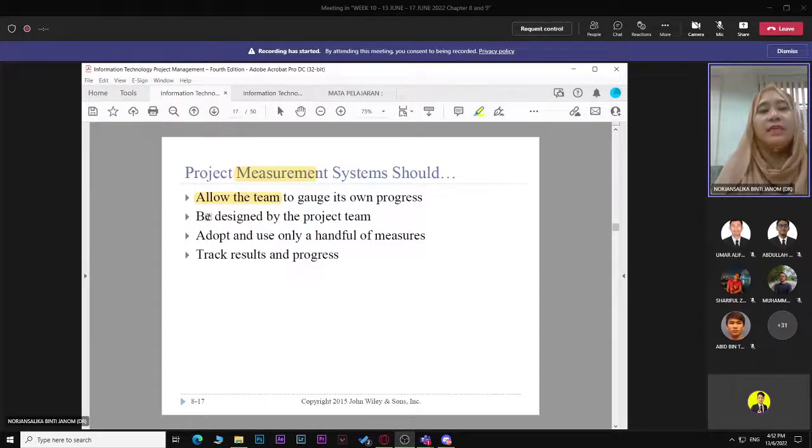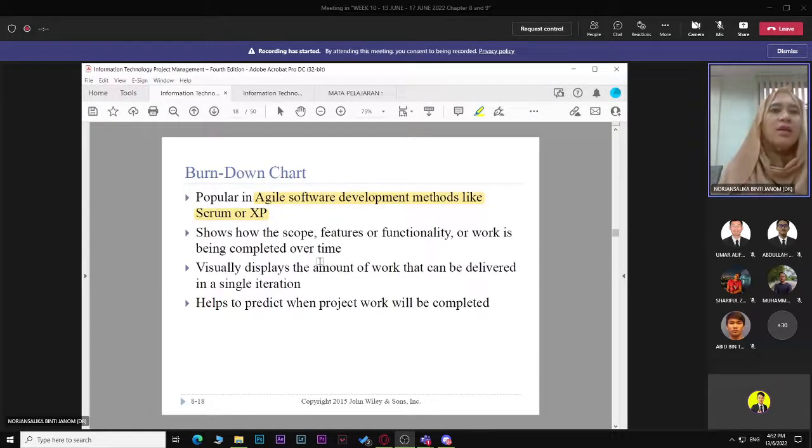And make sure it will be designed by the project team itself. Let them create their MOV, create their impact and successfulness, create their own project monitoring technique and so on, right? And adopt and use only a handful of measurement techniques that can be done cost effectively, and be able to track result and progress with facts and figures, right? So, in order to do that,